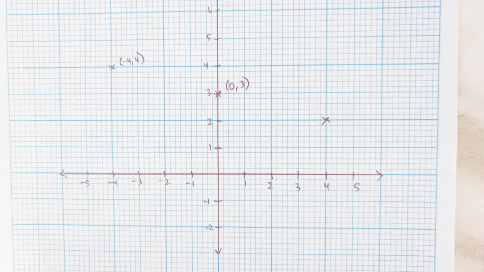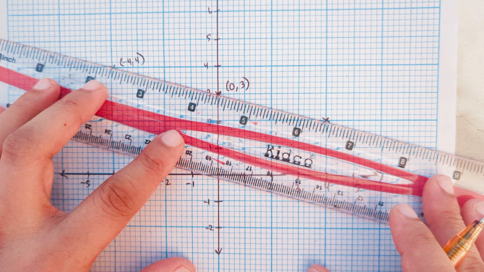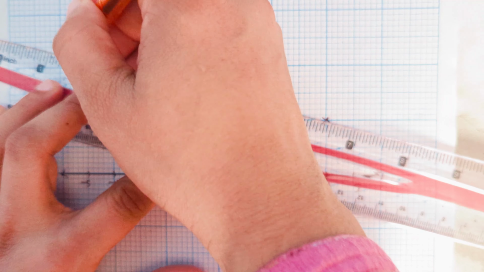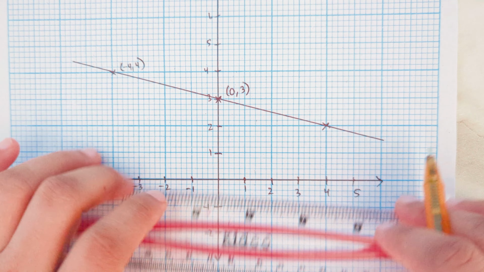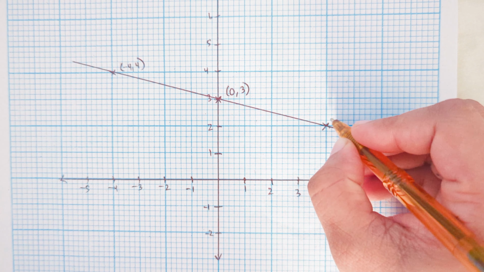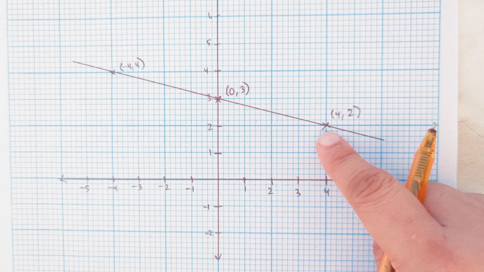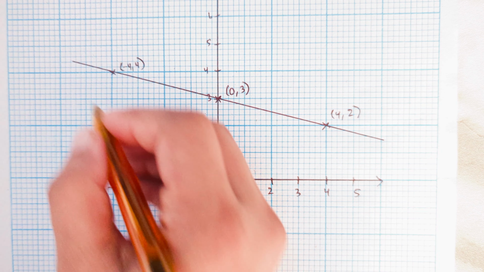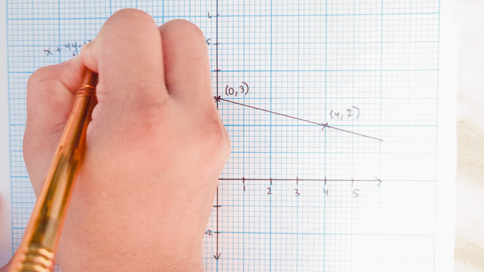Now we will simply join the points. So you will see that we will get a straight line. A straight line shows that we have got the correct points, because all the points on a straight line belong to the same equation. So this is the third point we are getting, which is 4 comma 2. And this is the intersecting point because we are also having the same point in the second equation.